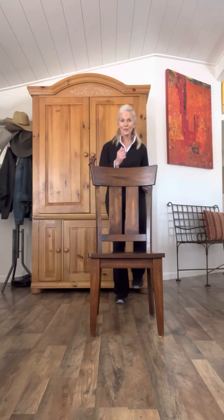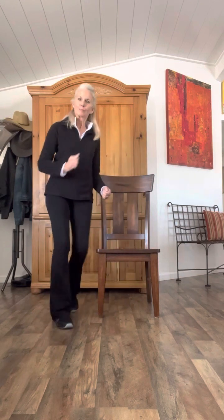Marching, those arms moving at a pace that, well, you're slightly out of breath. You can still answer a question, but you're not gasping for air. So a good pace. And if you were sitting in the chair, it would be, I'm going to keep moving here, like this. So you're sitting away from the back of the chair,